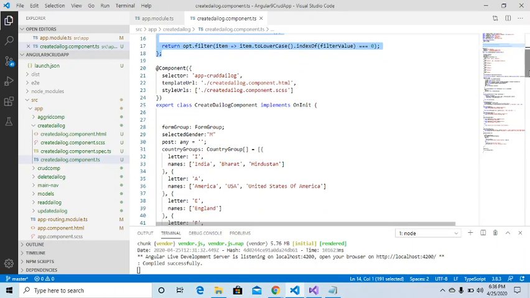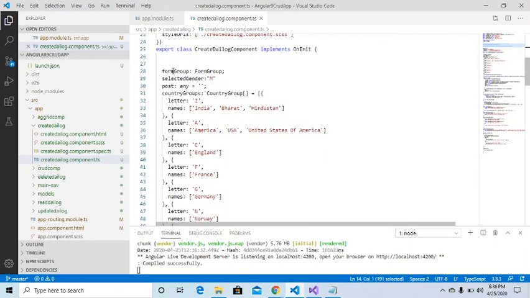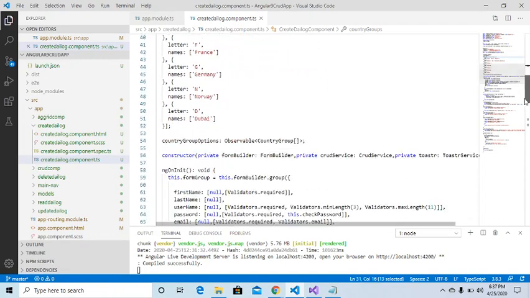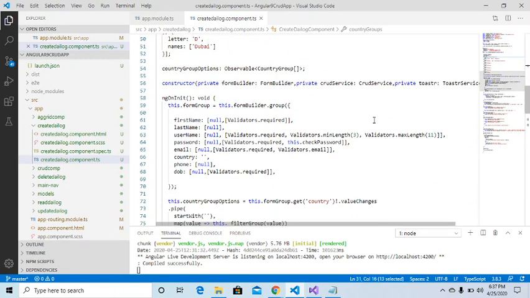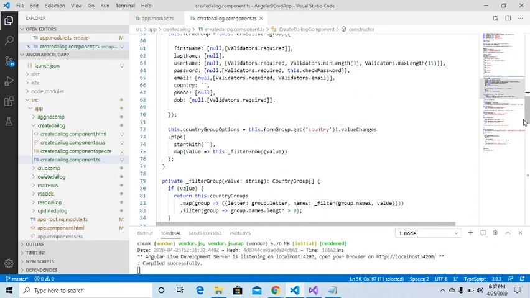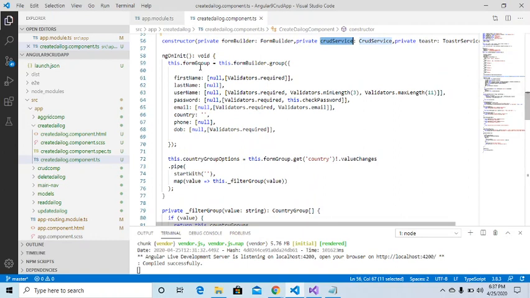Alright, so here onwards my component starts. We have one form group, and this one we are not using. Then we have the country group list over here, and in the constructor we are injecting CRUD service, form builder, and toaster service. In ngOnInit we have initialized the form group, and the form group has these controls: first name, last name, username, password, email, country, phone, and date of birth.